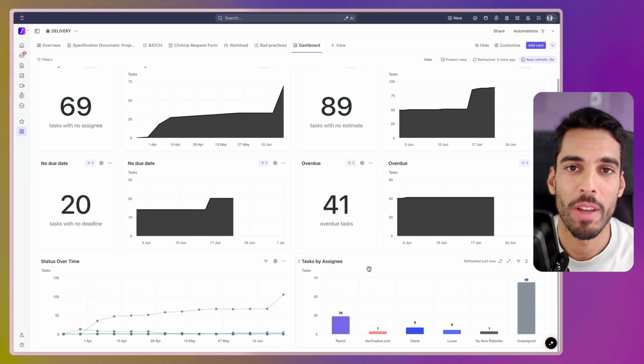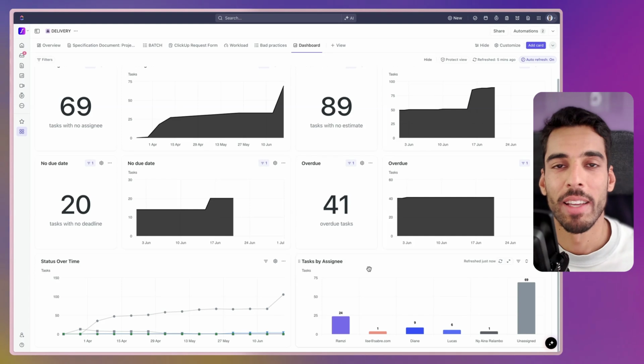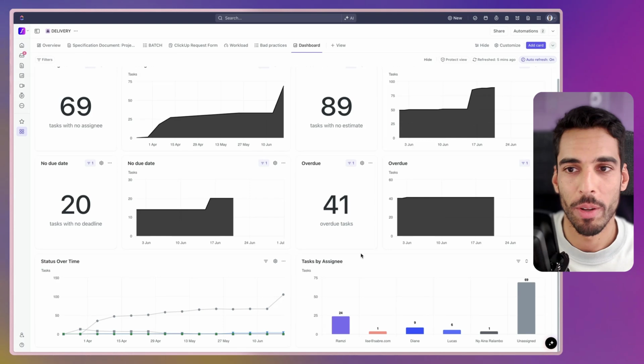Now, obviously, this is just some insight. If someone has a lot of subtasks that are super small, they might be as busy as someone that has very few tasks that are very big. This does not reflect the time spent on tasks. Just take it with a grain of salt.